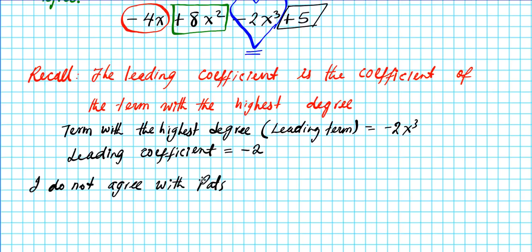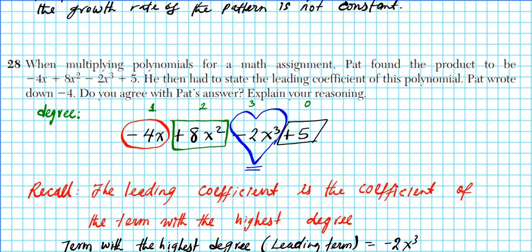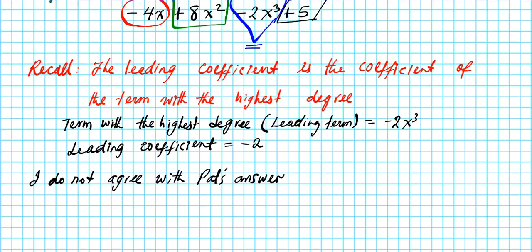Wait, what's wrong with Pat's answer? Pat said that the leading coefficient was -4. Okay? But we got something else. So I do not agree with Pat's answer. We have to explain our reasoning because the leading coefficient